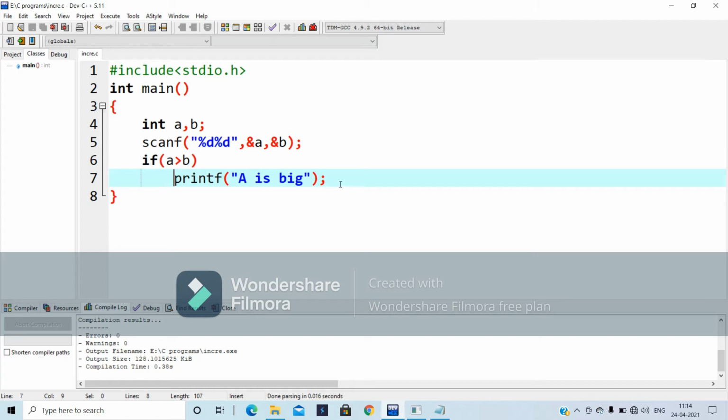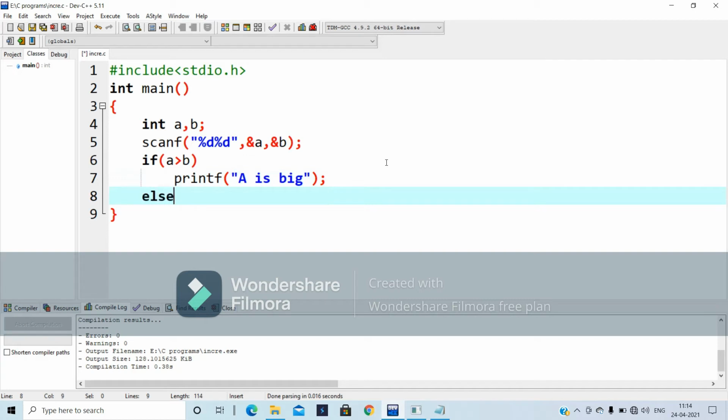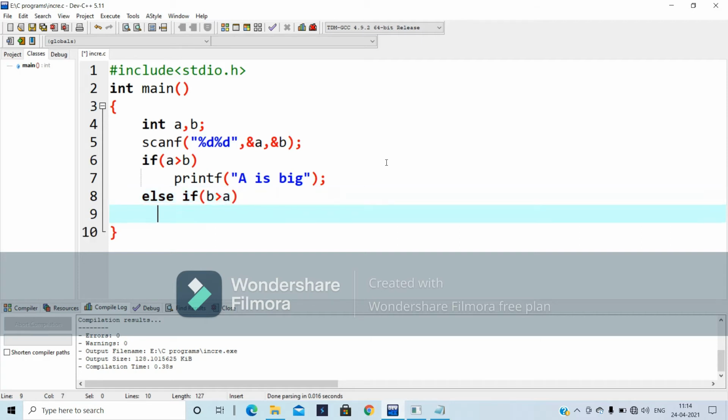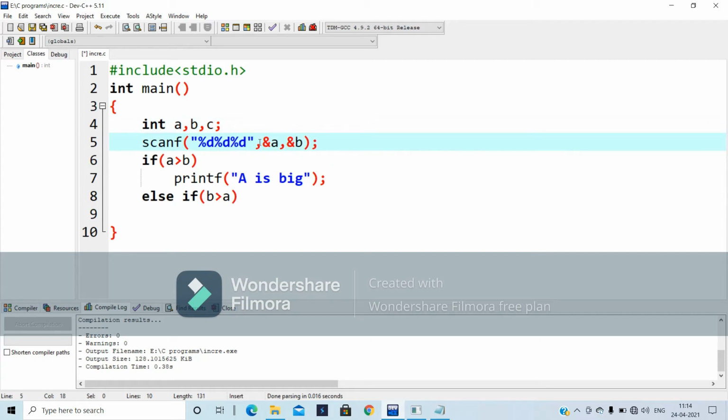And next one, if else ladder. The syntax is else if, else if of a greater than b or b greater than a. I'm going to take three different values. Which one is big among three elements, three variables? scanf %d.